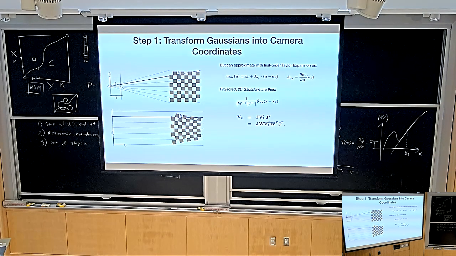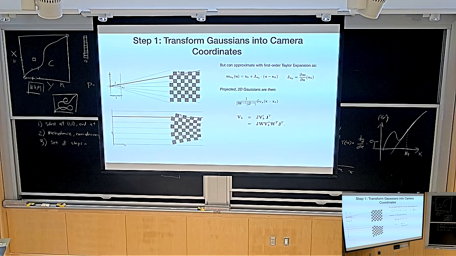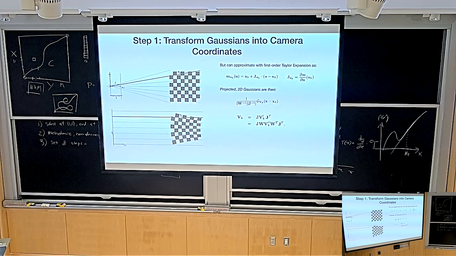So far it's just arbitrary, random math. But now comes the magical part. Long story short, all we have done is get an expression for the covariance matrix of the 3D Gaussian in this weird space, which is the space where the rays are parallel. In that space, we can parameterize the Gaussian via this 3D covariance. Why is that important? This 3D covariance is just computed via matrix products. It's just dot products, nothing weird. This is extremely fast, just like 5 matrix products. It's basically free in terms of compute.